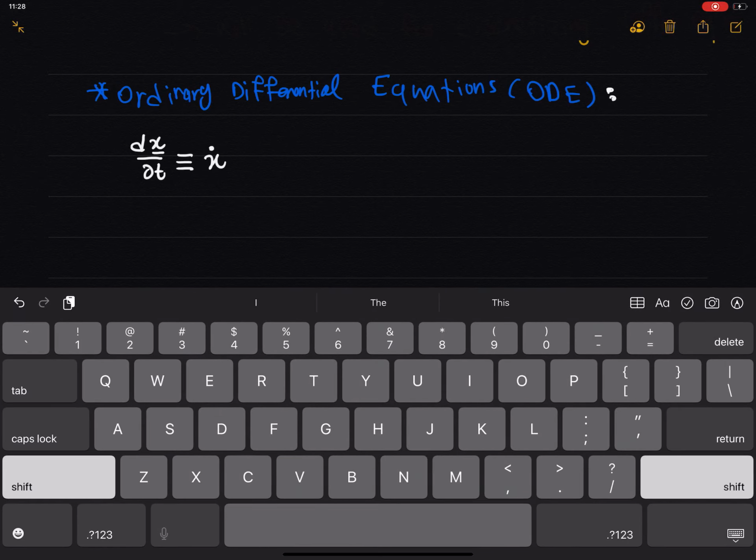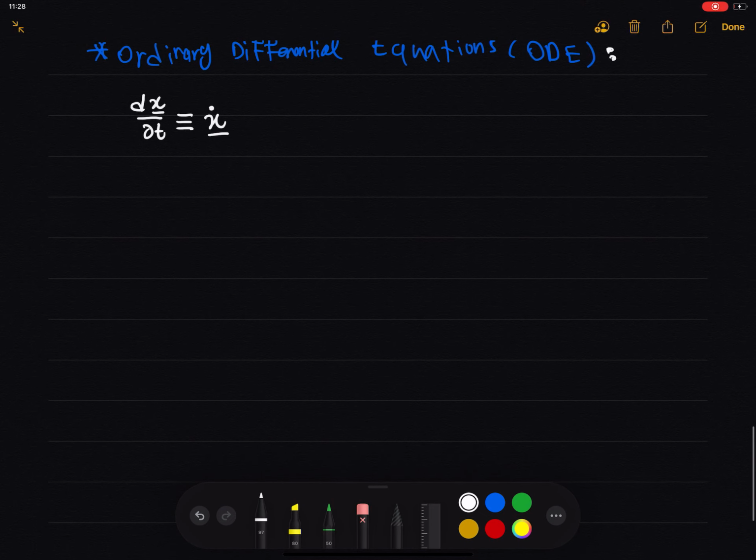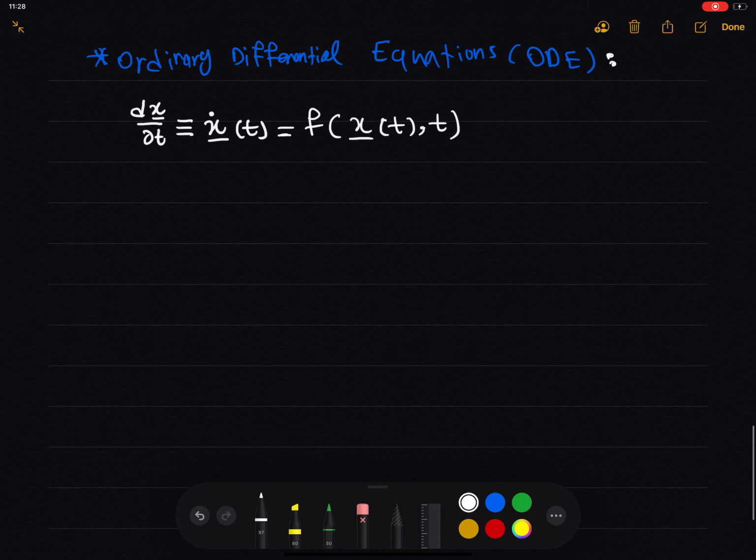We can write it as x dot of t equals f of x(t) and t. So this is how we define an ordinary differential equation, where